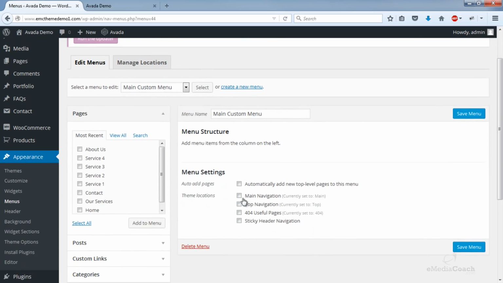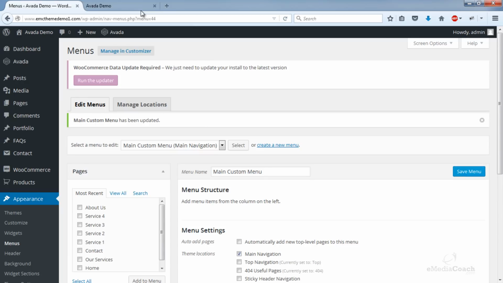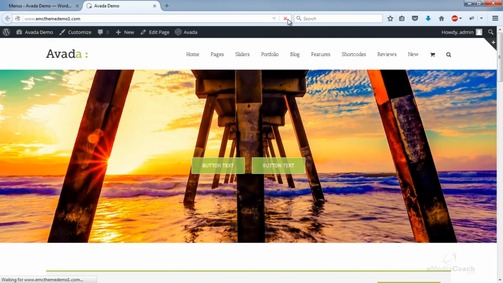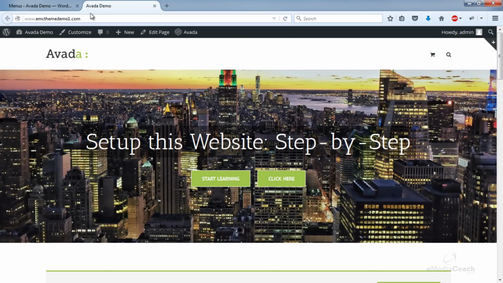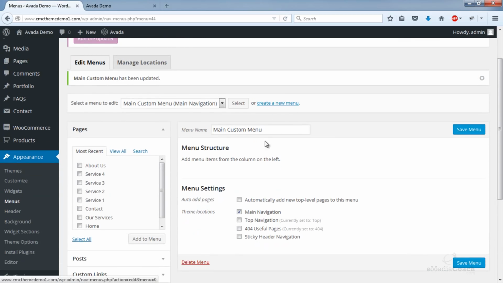Now what we want to do is assign this to the main navigation. Currently there is a different menu assigned to the main nav, but we want to assign this new custom menu to the main navigation. So click that. And there we go, the menu is blank. We can now start from scratch.